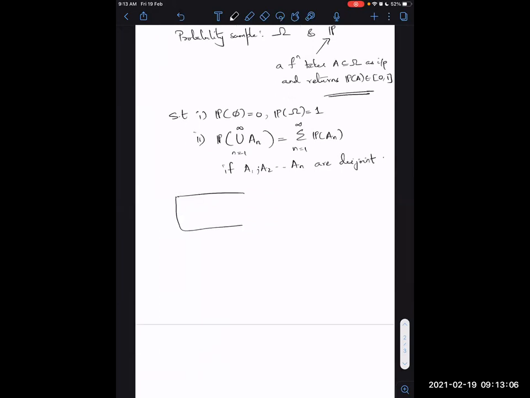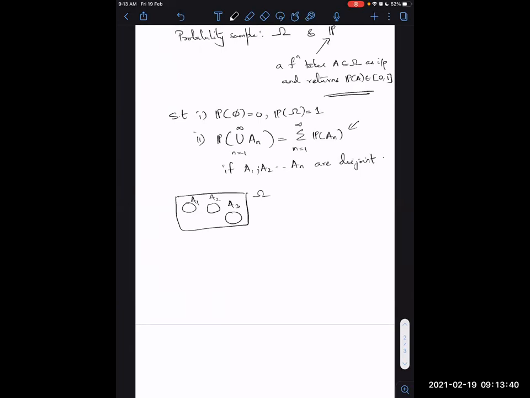So look at this box as omega, which is the set of all possible outcomes that we can have here, and A1 is some set here, A2 is some set here, A3 is some set here, and so on. So we have an infinite number of sets here, and for all these infinite sets, if you union them up, since they are disjoint, their probabilities should add up. So the probability of the union should just be the sum. That's what we are trying to say here.